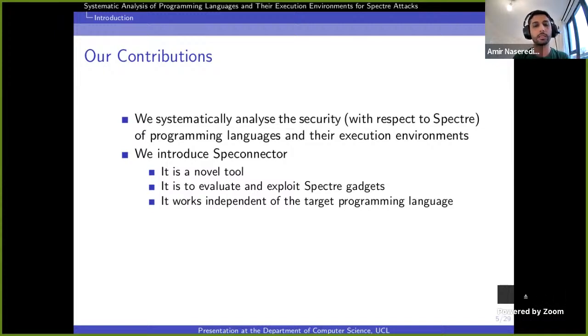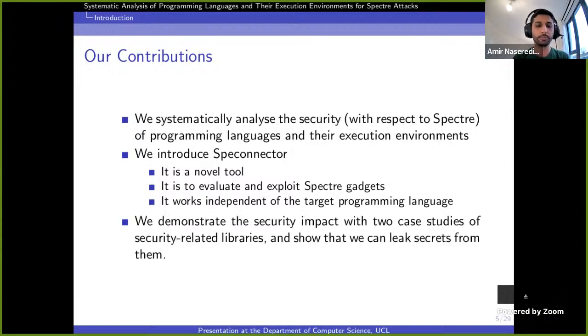We'll talk about it a little bit more later. Also, we demonstrated the security impacts on two crypto libraries using Speconnector, and we concluded that it could have been mitigated using a mitigation on the compiler level.